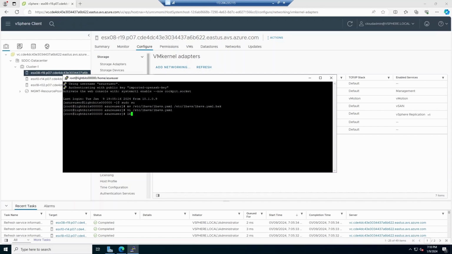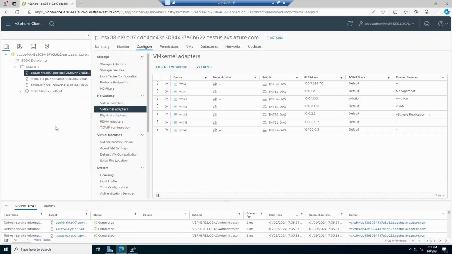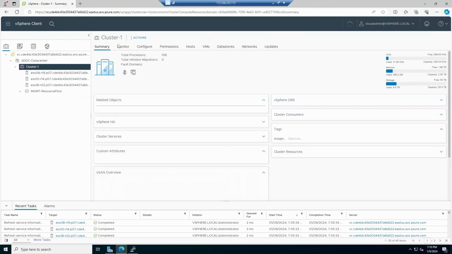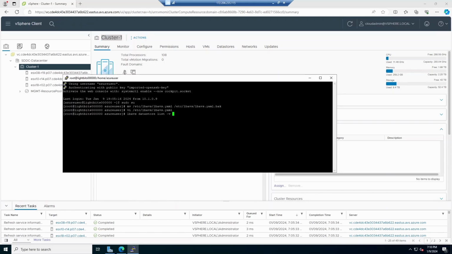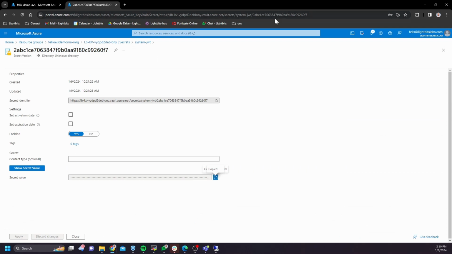We're now going to test the configuration of LBAVS by typing in lbavs datastore list. Then we're going to give a -v, and we're going to take the cluster name within the SDDC, which in this case is Cluster-1 with a capital C. Yours will likely be the same if you're using a default SDDC. When I press enter and run this lbavs datastore list command,